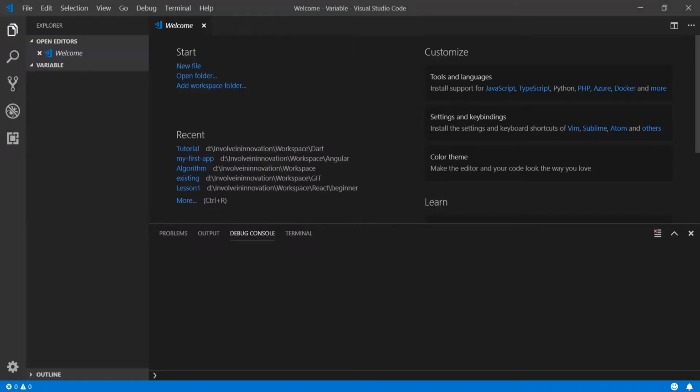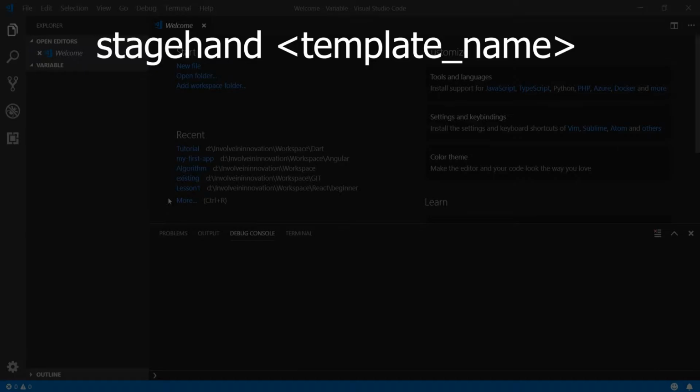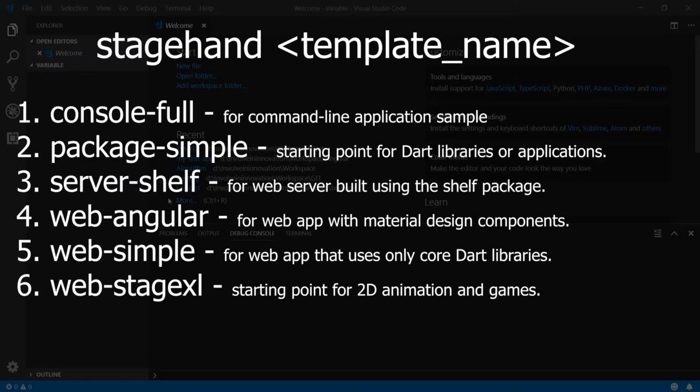Stagehand helps in your Dart project setup. Stagehand has some default templates. The command is stagehand followed by the template name. Template list are console-full for command line application sample, package-simple which is a starting point for Dart libraries